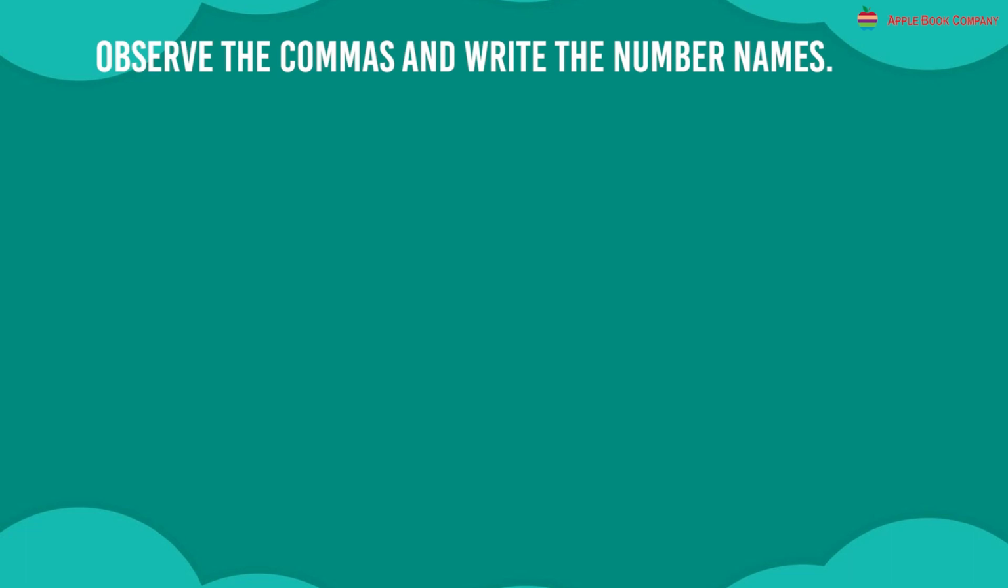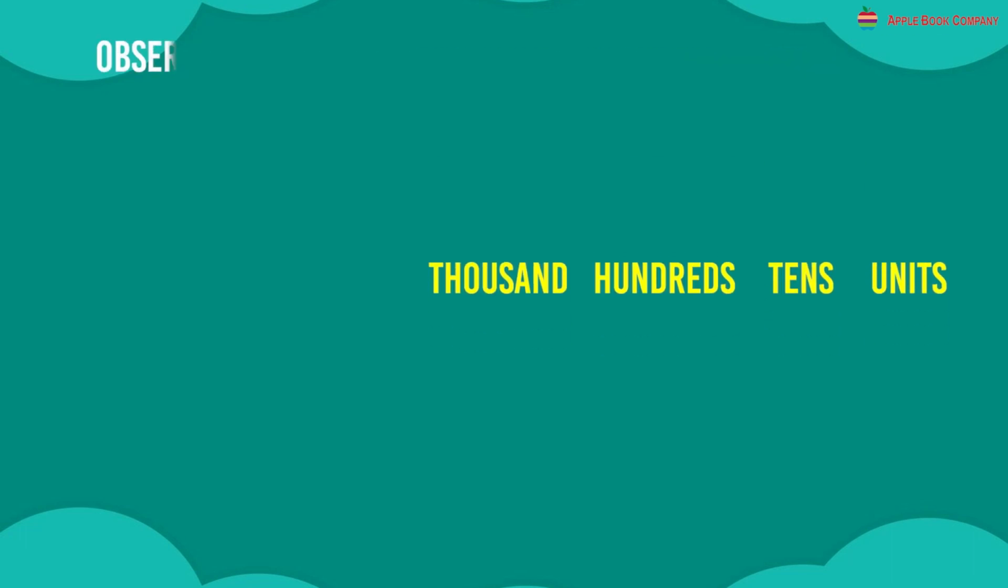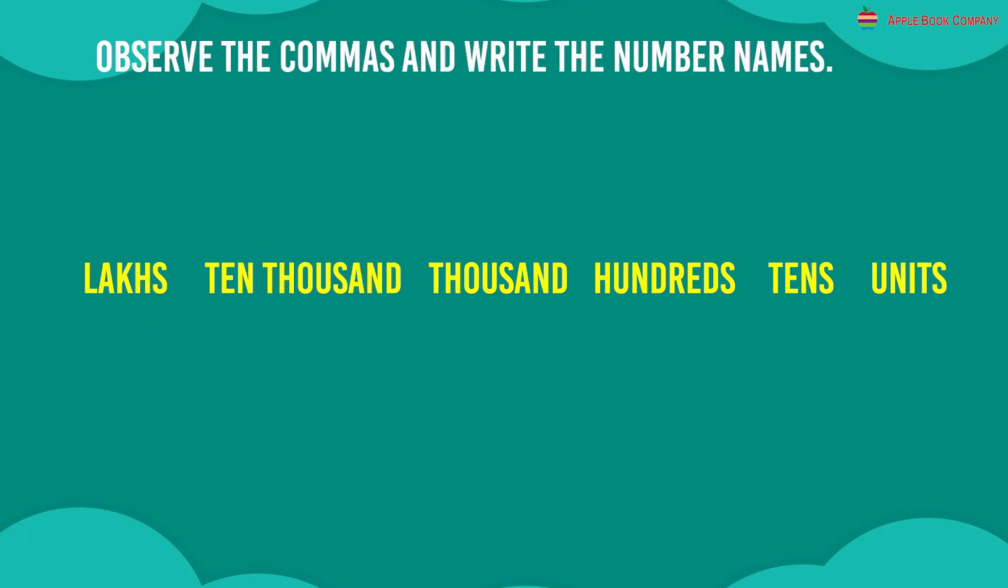The first one is, start counting from the unit, from the ones place, to understand where it stands. Units, tens, hundreds, thousand, 10,000 and lakhs. Therefore, the number is 7,29,005. Next one is